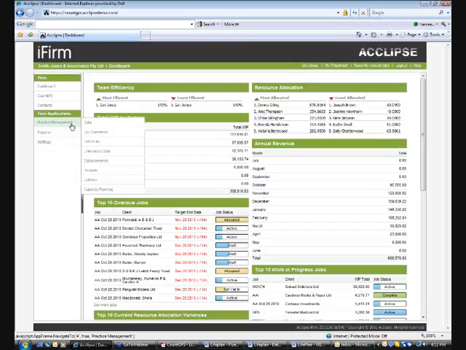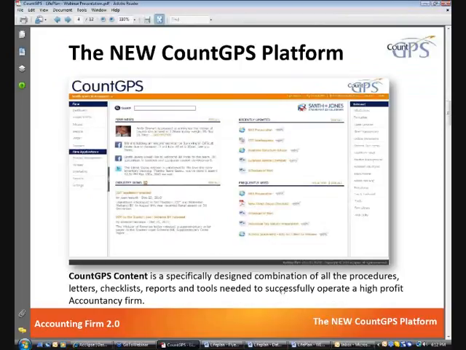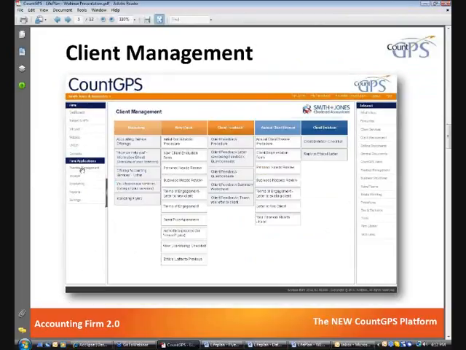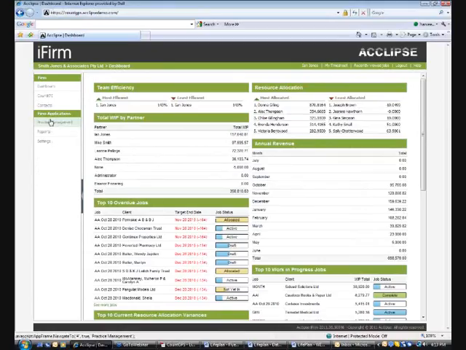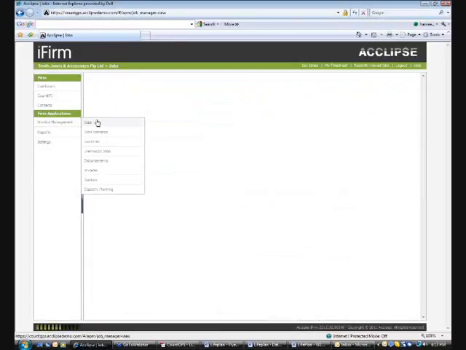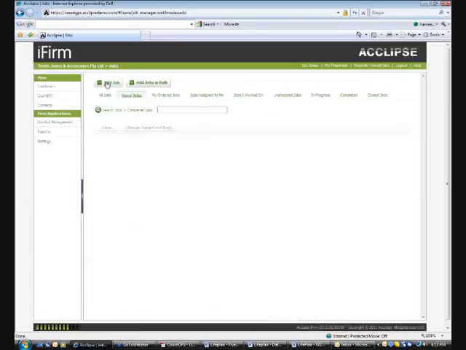So to give you an idea of how, if you subscribed as well to Practice Manager, that would be included in Count GPS. So if I go back to Count GPS, the new version of it, you'd see on the left-hand side there, Practice Management, you click on that and you come into the Eclipse Practice Manager, which will be built into Count GPS. Let's show you how we can set up a job. Basically, you go in there, click on Job, add a job,